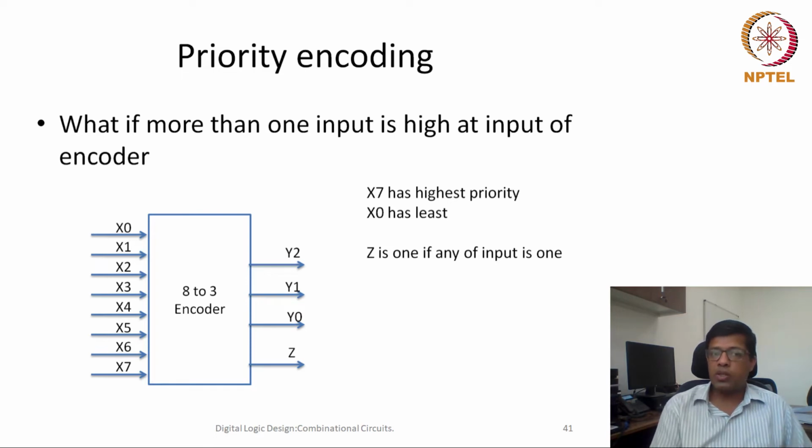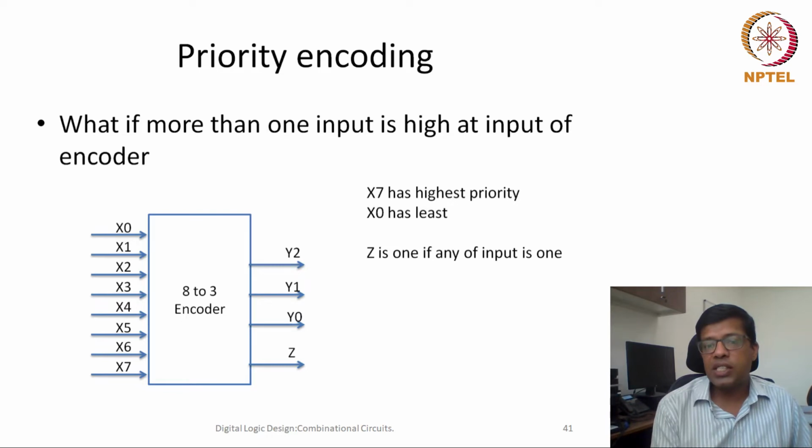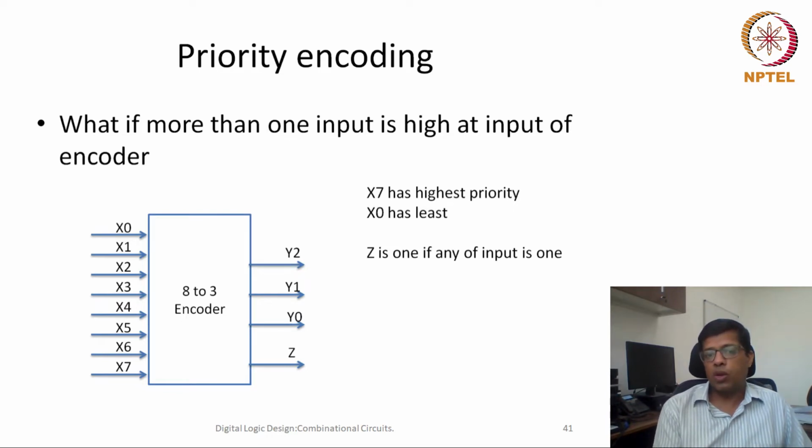But if all of them are 0, then we have to have an additional output. This output will say that at least one of them is 1. If all of them are 0, then this Z will also be 0. So I would require an additional output in this priority encoder case. This additional output will also be required if there is a possible case in my 8 to 3 encoder that all of the inputs could be 0. Then I would require this additional output to confirm that yes, this is a case when all of them are 0,